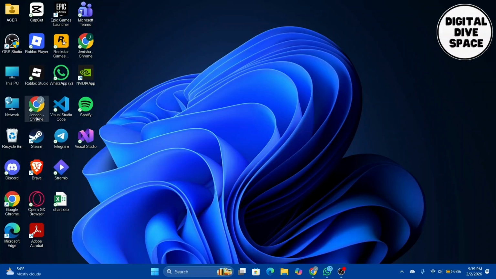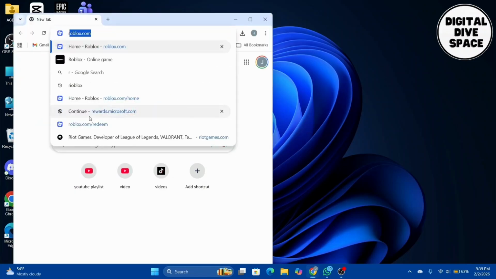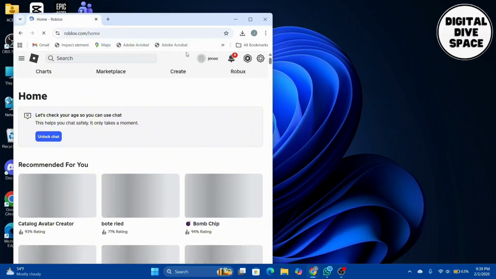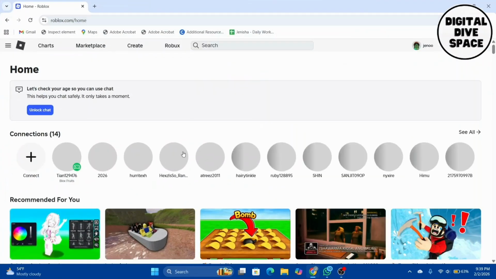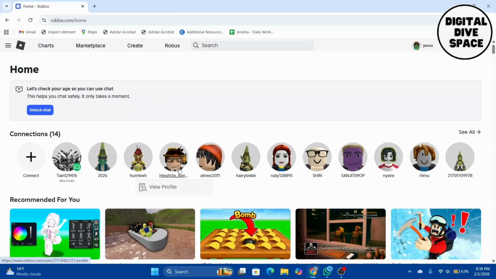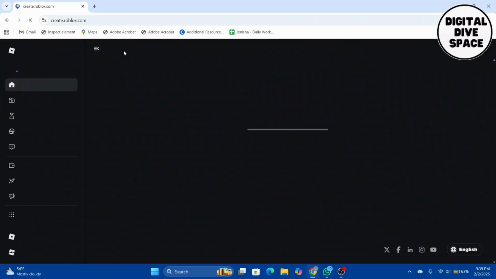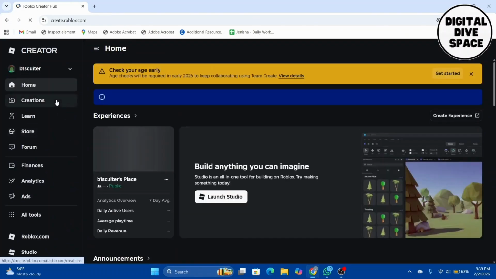We can start by going to roblox.com in a browser directly. So you can go to roblox.com, hit enter and log in with your account if you're not logged in. After that, we can open up the image or the decal piece. So for that, you can look out for the create option directly at the top and click on it and head over to create.roblox.com and go to creations